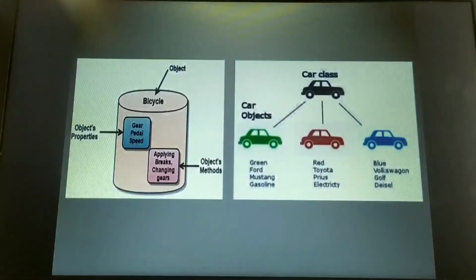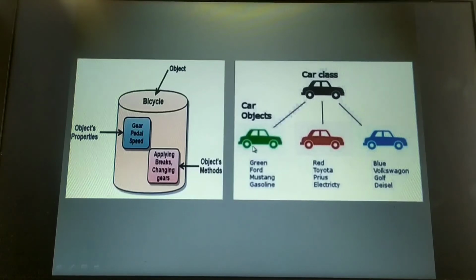Now I can give an example here. See here, this is a car and this is also a car. I have 3 different cars. These 3 cars are objects. This might be a Maruti, this might be a Volkswagen, it might be some other Esteem. These are 3 different cars, but they have common characteristics and behavior among them. So I can call each one of the cars an object.